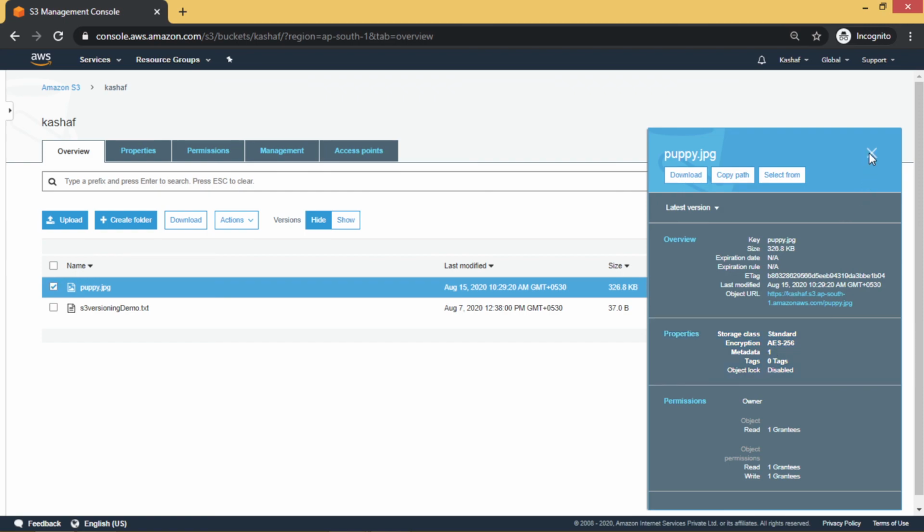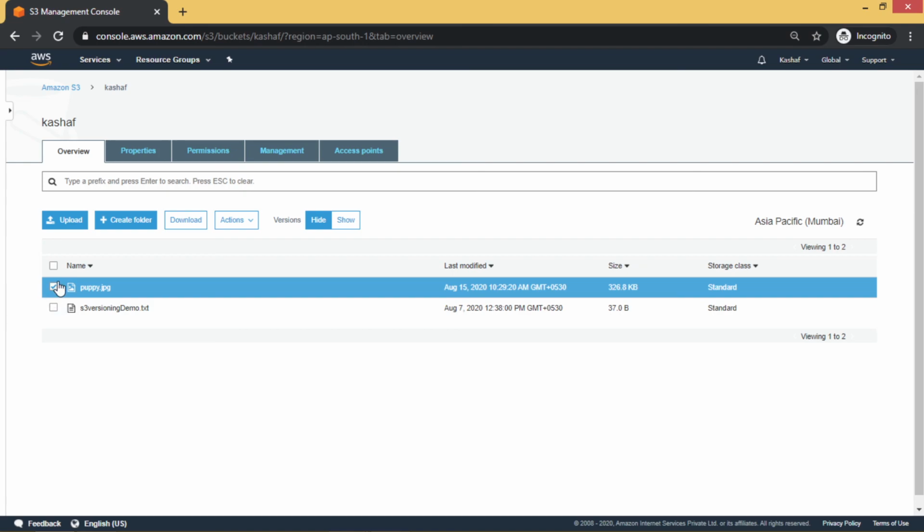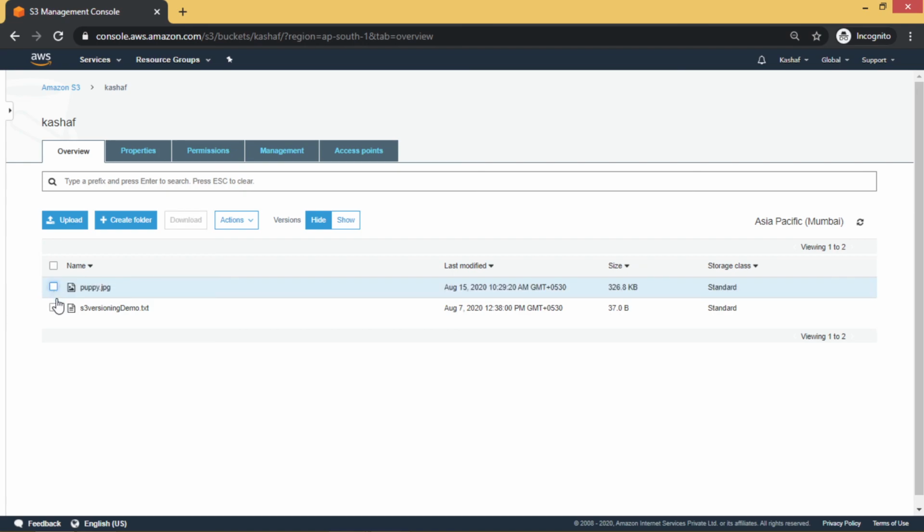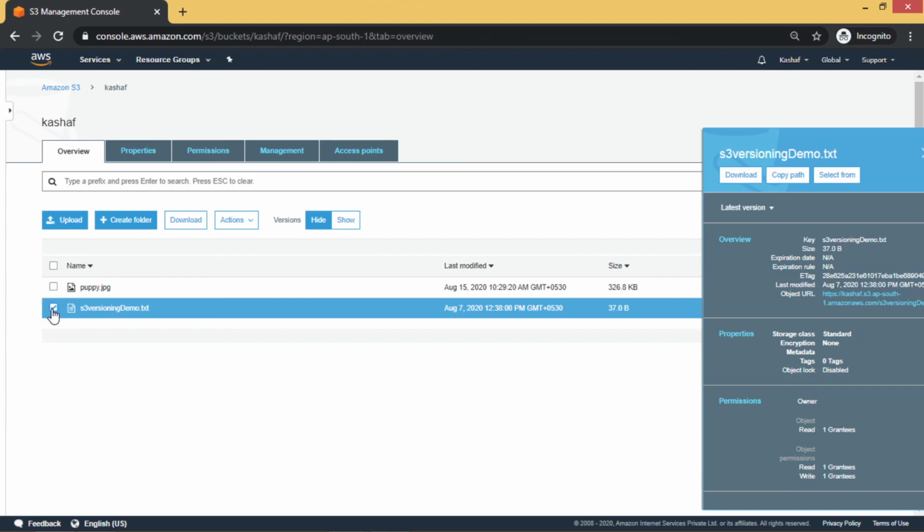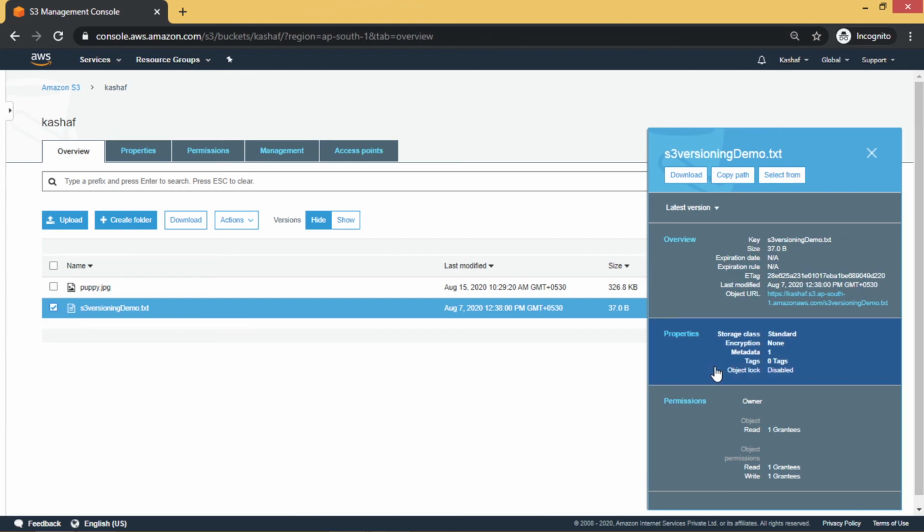Okay, I'm going to close this. Now I am going to show the S3 versioning demo object. At that time my encryption was disabled, so it was showing encryption none. If you are not using any encryption, by default it is null. Or if you have it enabled, whatever option you selected is going to show here.